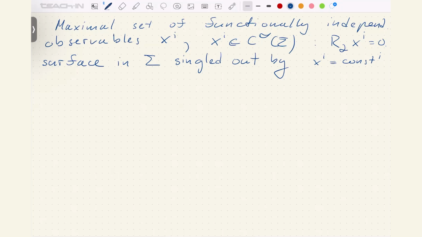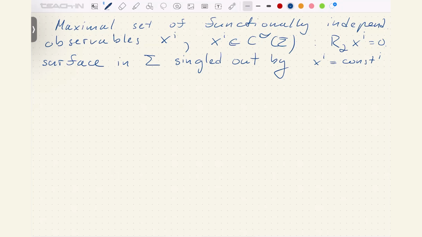This surface is going to contain at least one gauge orbit. Why? Because if we pick a point from this surface and apply a gauge transformation to it,